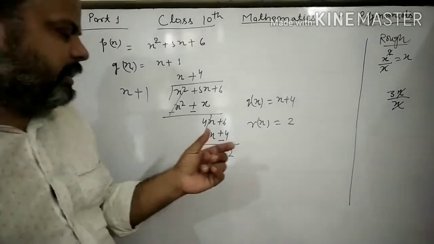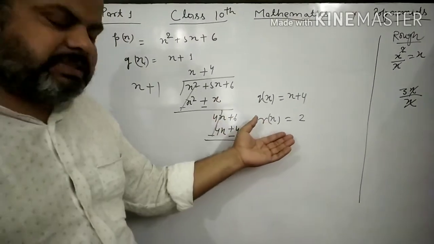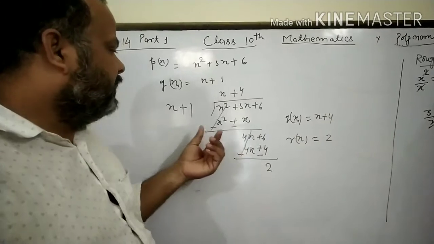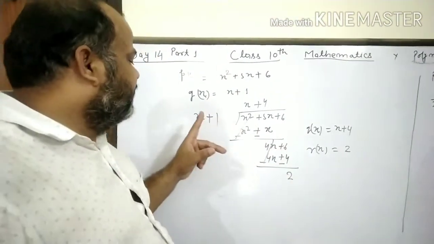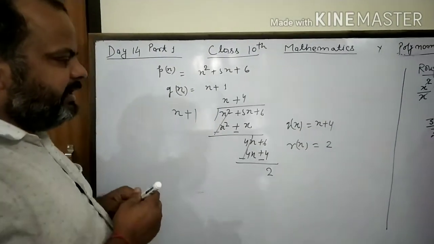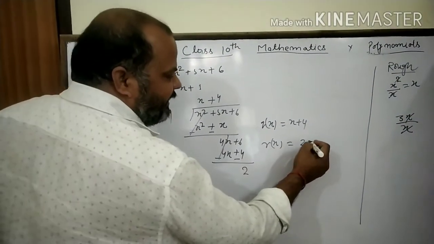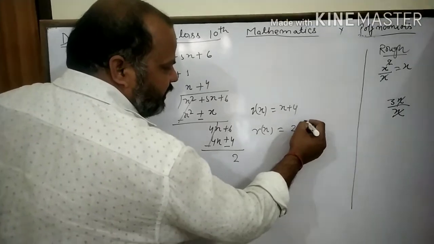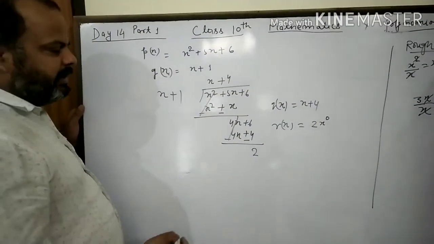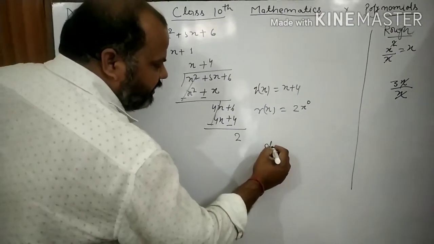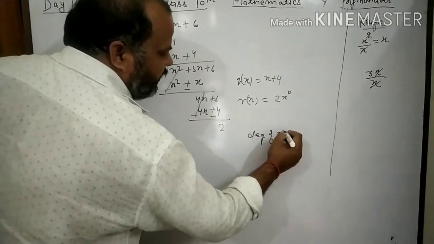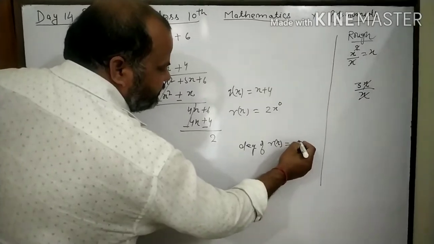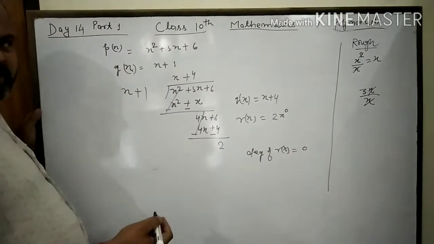In our question, in the division algorithm for the polynomial, you know that the degree of r(x) is always less than the degree of g(x). Then here the degree of r(x), you can write as x to the power 0 this way. Then here the degree of r(x) is 0 degree. It is called a constant polynomial.